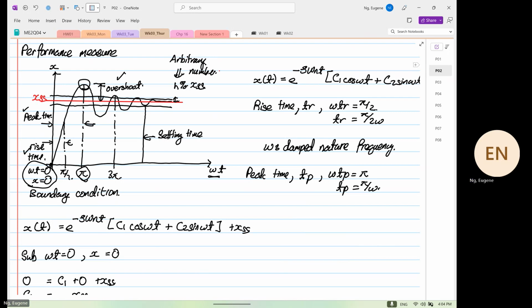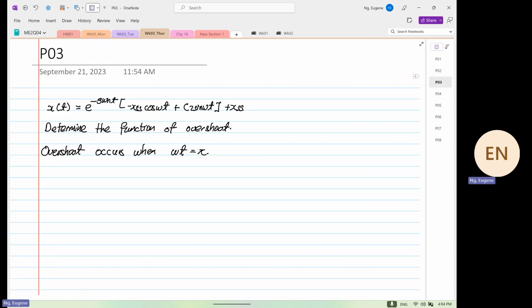What do you think? Okay. Make your life easier. Yes or no? Those freaking equations about vibration are killing us. So from here, we know that P is equal to pi over omega. Why do we want it to be T? Because this expression over here is in terms of time, yes or no? It's not in terms of omega t. So from here, we know that